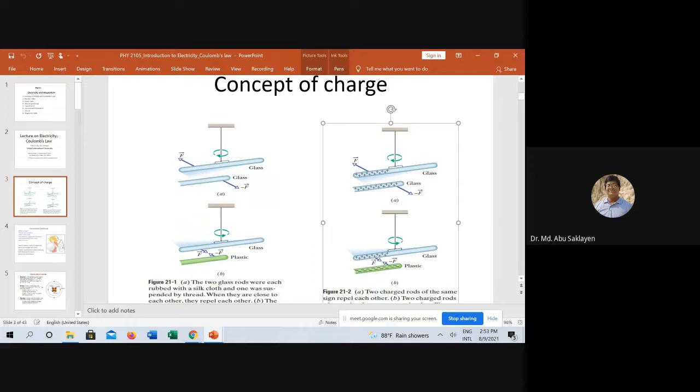That is why glass transferred to positive charge object. এবং সিল্ক ক্লথ যেহেতু ইলেকট্রন অ্যাবজর্ব করেছে, তাহলে সিল্ক ক্লথটা হবে নেগেটিভলি চার্জড অবজেক্ট। And during this, there is no change in property of glass as well as